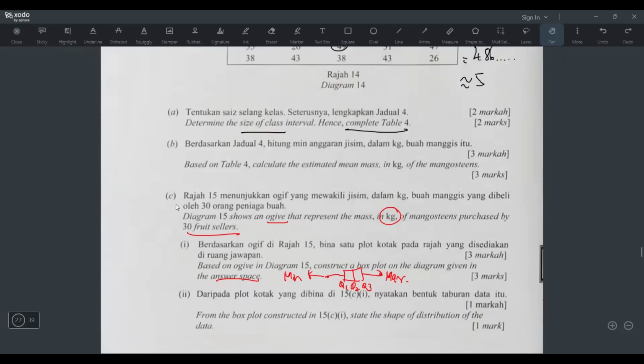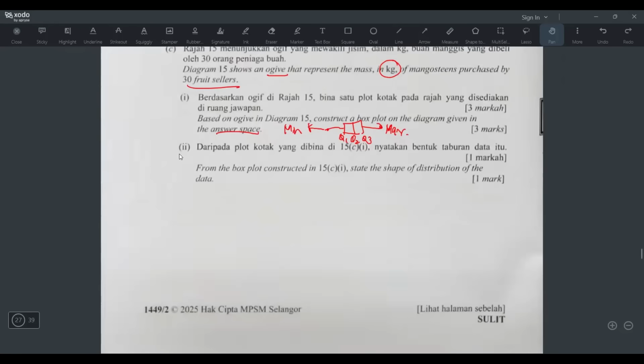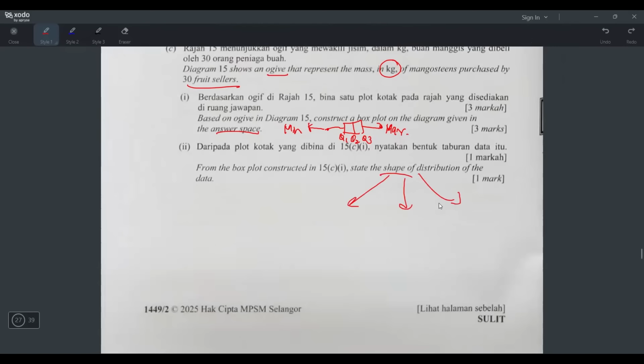So soalan C1, they asked to draw a box plot, sudah siap. Now C2, from the box plot constructed in 15C1, state the shape of distribution of data. Okay, there's only three shapes you have to learn for box plot lah. But for histogram, that one got a lot of different shapes. But for box plot, there's only three only. It's either left skewed, or right skewed,